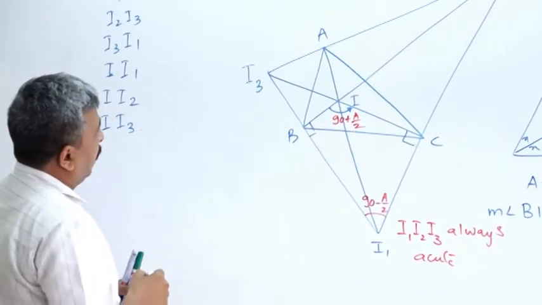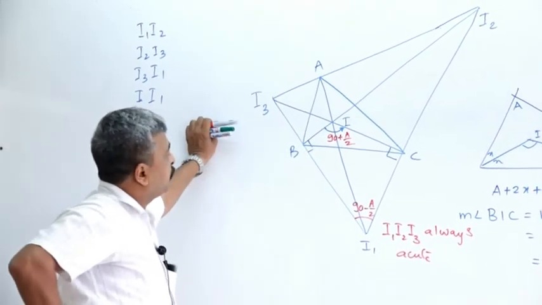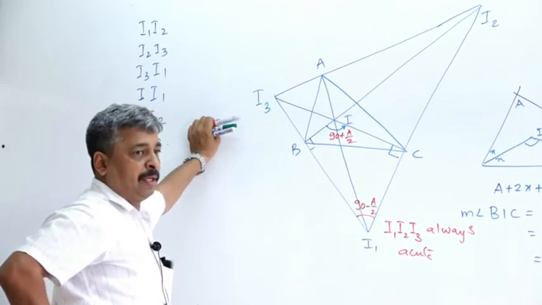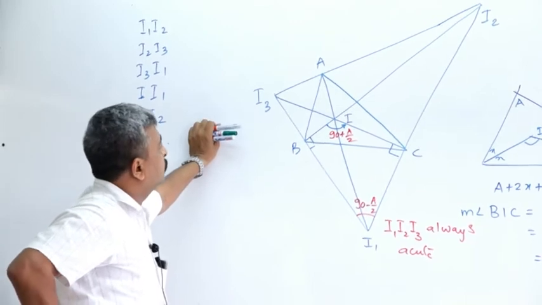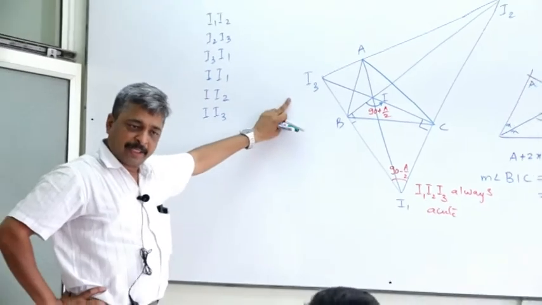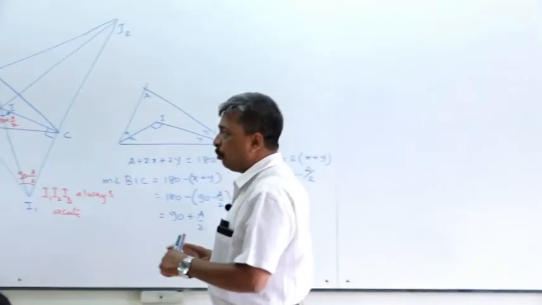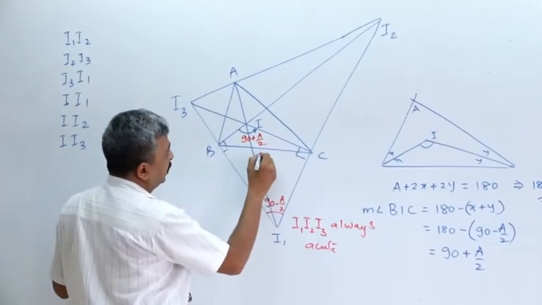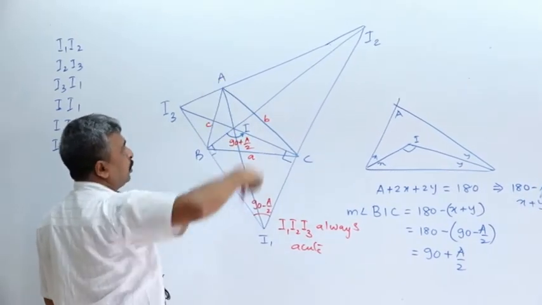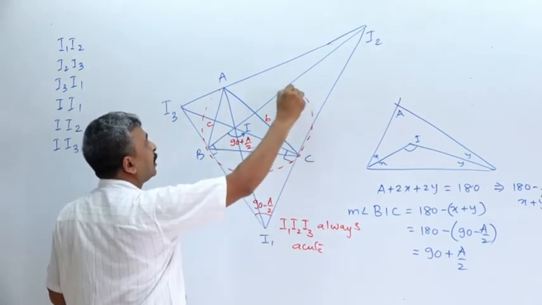Okay. And now we said there is a correspondence between orthic configuration and in-center excenter configuration, and therefore ABC in orthic is I1, I2, I3 in in-center excenter. Correct? Therefore these distances we can find out using sine rule. Now, the situation here is we have been given these distances. This is small a, this is small b, and this is small c. And now we have to find out I1, I2, I3, and this circumradius is r.